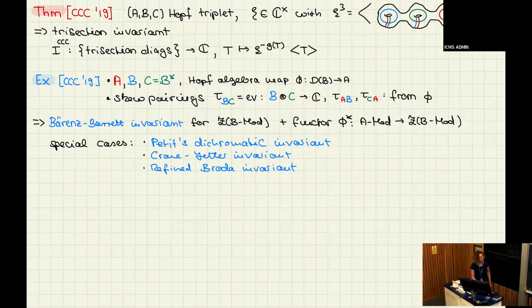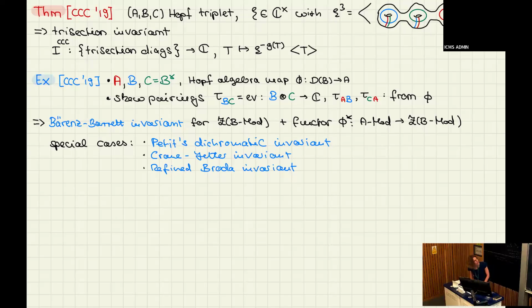So one would guess that the Crane-Yetter would follow from the example where two of the Hopf algebras are the same, or like one is the dual of the other, and the third one is the dual of the Drinfeld double of the first. So you take B and B star, and you take the dual of the Drinfeld double of B. That's my guess. And that's also what comes out from the